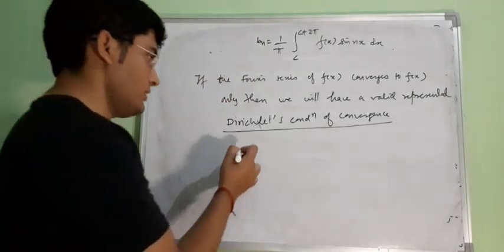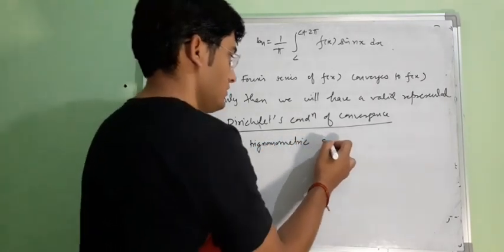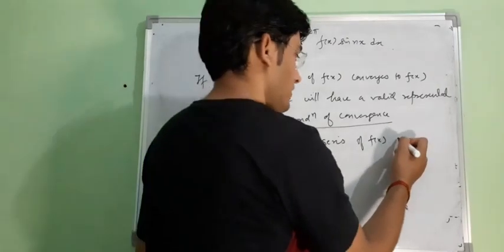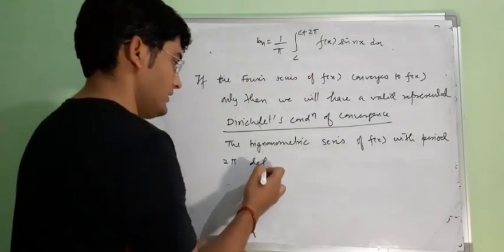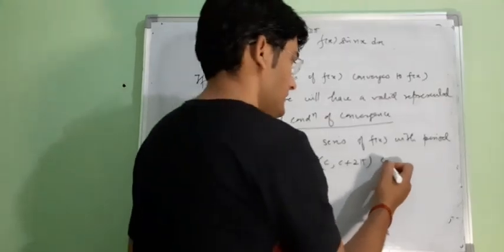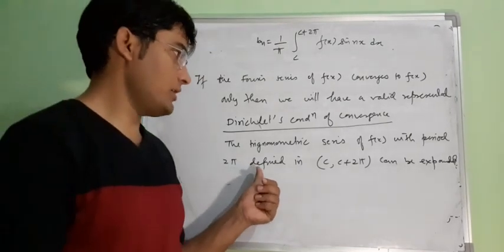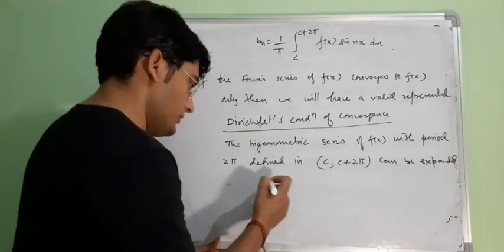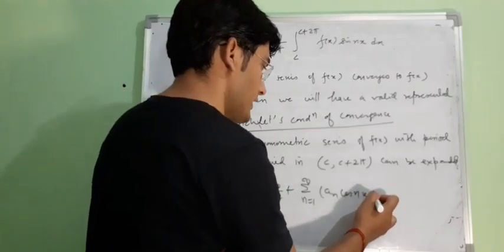Dirichlet said that the trigonometric series of f(x), defined with period 2 pi in interval c, c plus 2 pi, can be expanded in the trigonometric series a0 by 2 plus summation n equal to 1 to infinity an cos nx plus bn sin nx